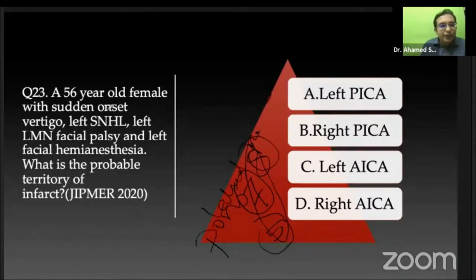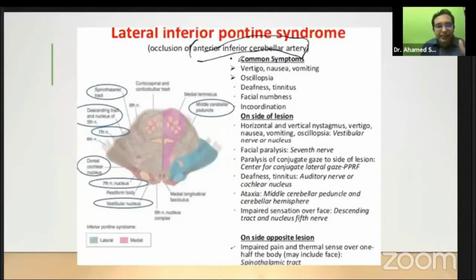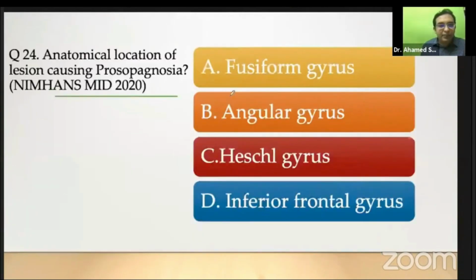And you know that sensory neural hearing loss is associated usually with the AICA; you shouldn't be misled thinking that this sensory neural hearing loss occurs only in AICA. It can also occur in superior cerebellar artery occlusion. This is given in Bradley. And also, at this point of time, you should think of other neurological conditions which present with hearing loss, for example, Kennedy's disease, etc. So this question was asked in the NIMHANS previous session, not the recent one, the previous one.